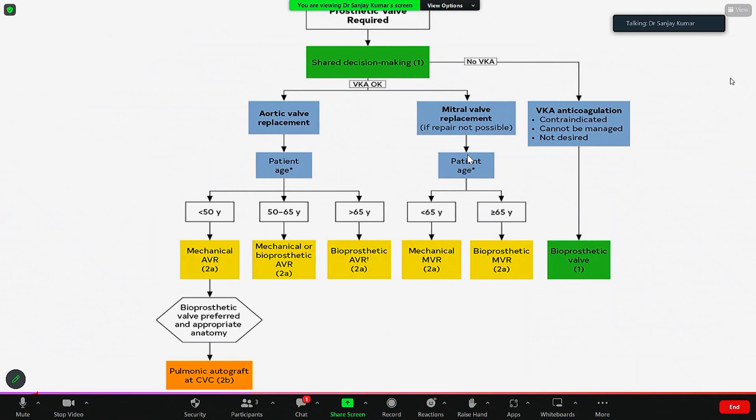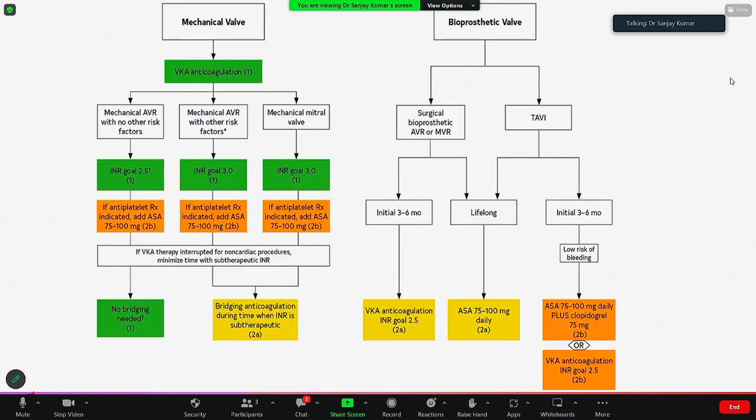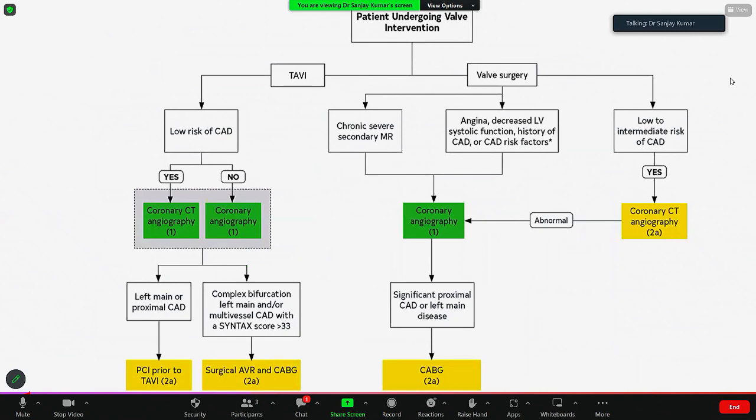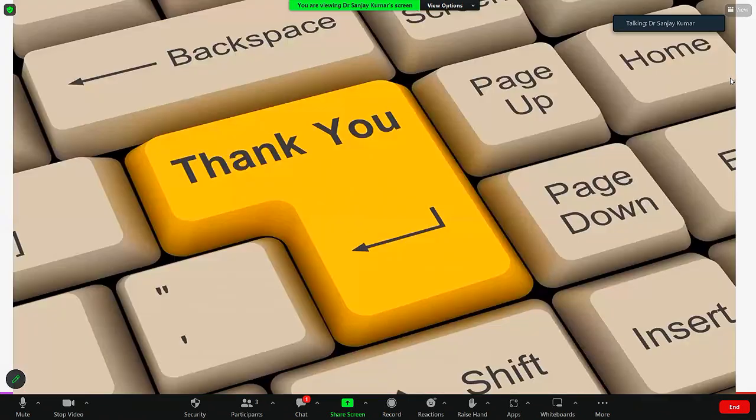But for the Indian scenario, in fact, we can consider the life expectancy. Yes, so that's why it has to be. The same thing applies for mitral valve replacement. And if the vitamin K antagonist is contraindicated, then in that case the patient should have a bioprosthetic valve. So with this, I would conclude my talk actually. Okay. So if you have any questions, so you